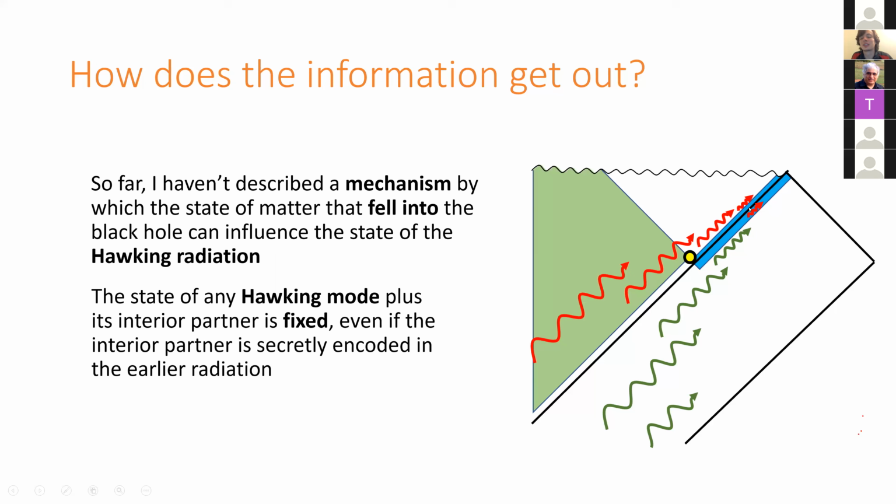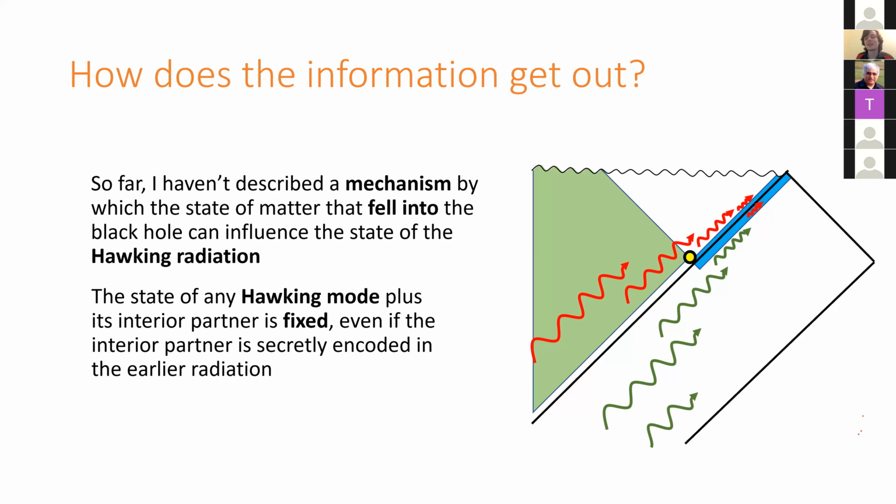It's not enough to sort of not have a firewall, that there be entanglement between this mode and the Hawking interior partner. It has to be entanglement in a particular entangled state, right? The thermofield double state, basically. So just to have the sort of low energy state near the horizon, we need to have a fixed state on Hawking mode's tensor interior part. That state cannot depend in any way on the matter that fell